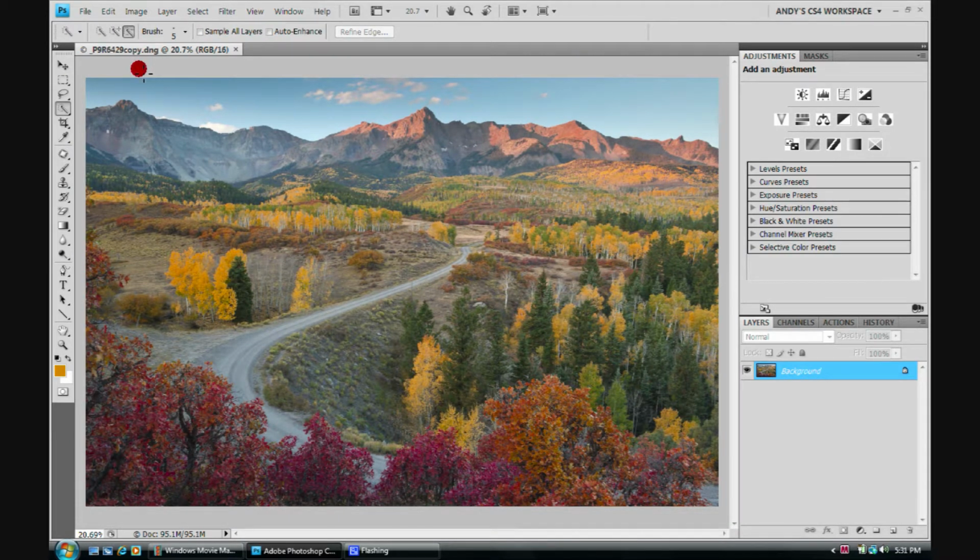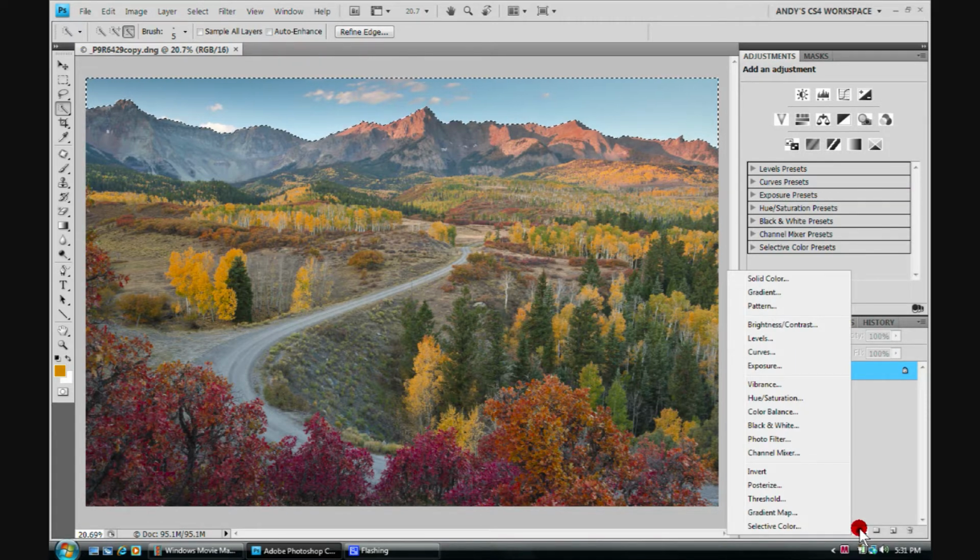All right then, so how, as a landscape photographer, are we going to find this quick selection tool useful? Let's just show you. So let's make our selection by clicking and dragging through the sky. So it's made the selection. The next thing we can do now is actually come down here, and let's say we think the sky, we would like to have maybe a little more blue color, maybe darken a little bit, maybe more contrast, whatever it is we want. We can click one of our adjustment layer options down here